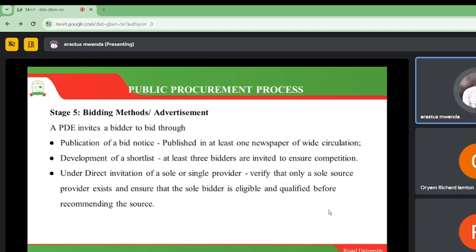So under this step, we do publication of a bid notice. This is published in at least one newspaper of wide circulation. So we could look for a newspaper that is widely circulated, maybe a national newspaper. We could make sure we have an advert there. Then development of a short list. At least 3 bidders are invited to ensure competition. And also within this particular stage, under direct invitation of a sole or single provider,